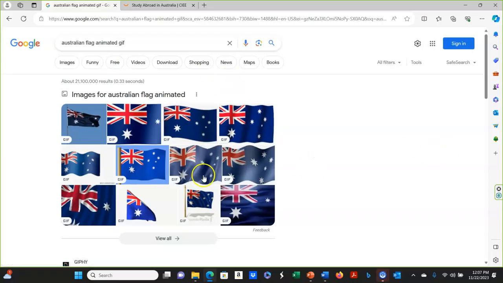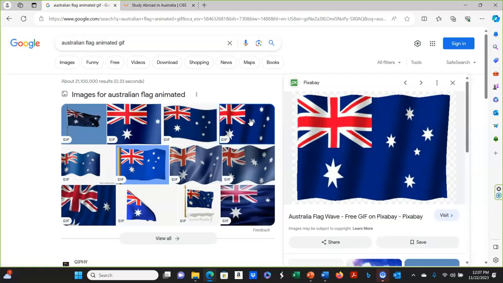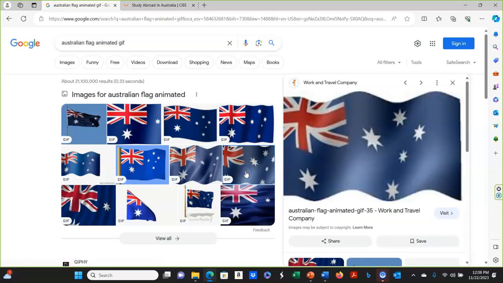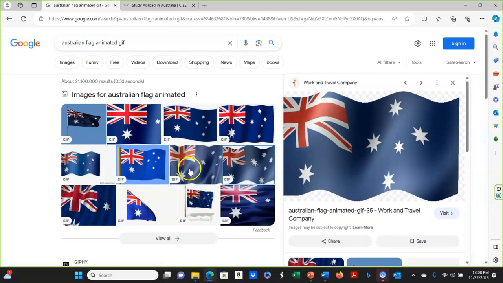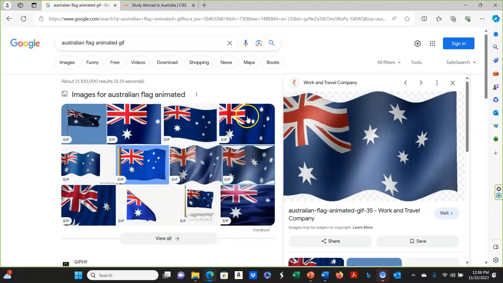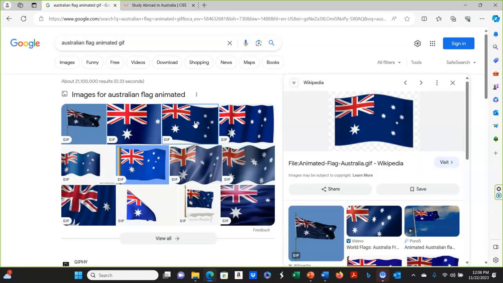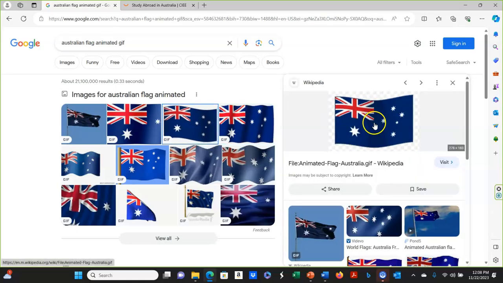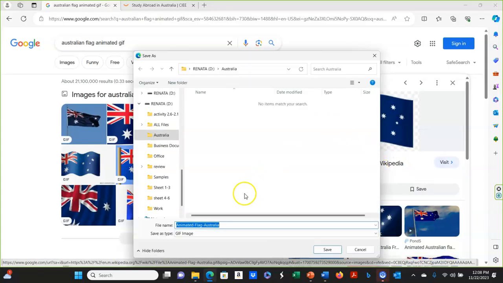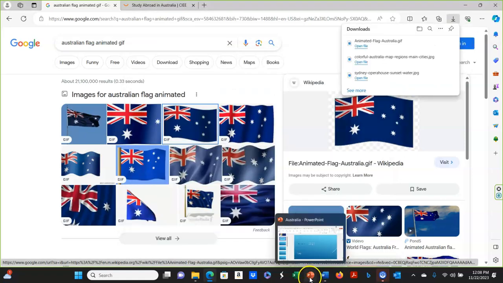So it doesn't mean that all of them are animated. You still have to check. This one works. This one works. Okay, so let's choose one that we like here. This one's nice. So we right click, save image as, put it in our folder, save, and then we go